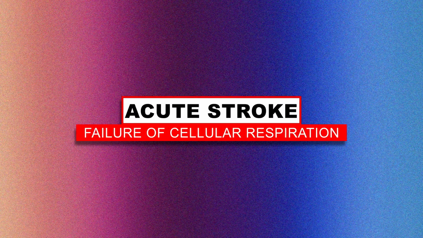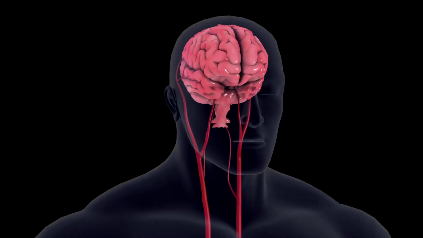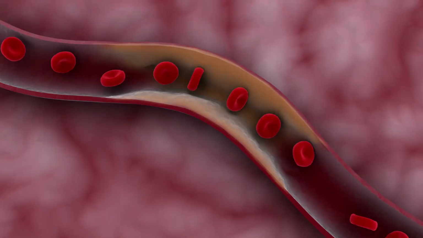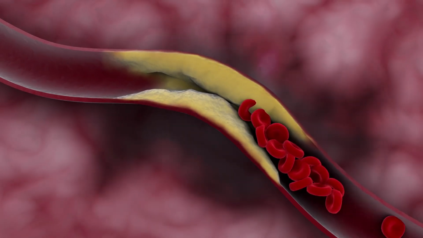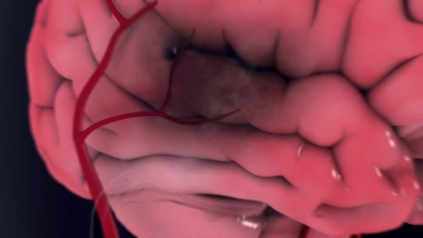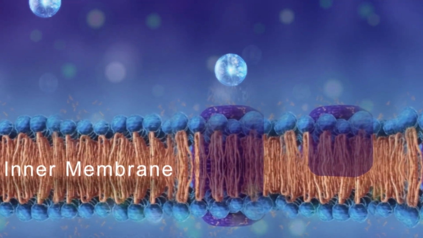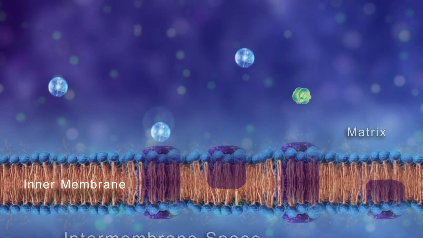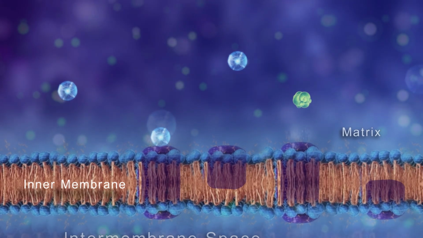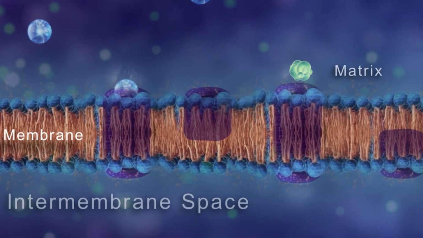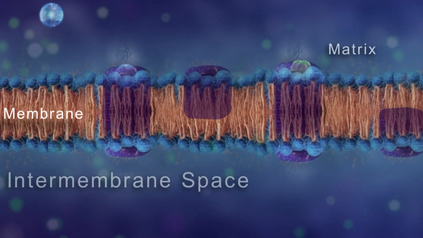Acute stroke. Failure of cellular respiration. In the setting of a stroke, a very delicate, highly energy-intensive organ suddenly becomes starved of oxygen. Now what? There isn't as much oxygen around, so there is less pulling taking place through the electron transport chain. Since there is less pulling, there are fewer electrons moving, and they are moving slower. That means fewer protons getting pulled from the matrix into the intermembrane space by the work of oxygen via the